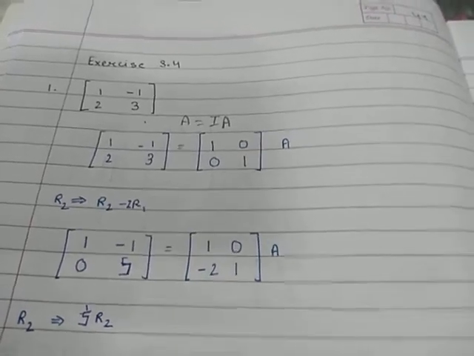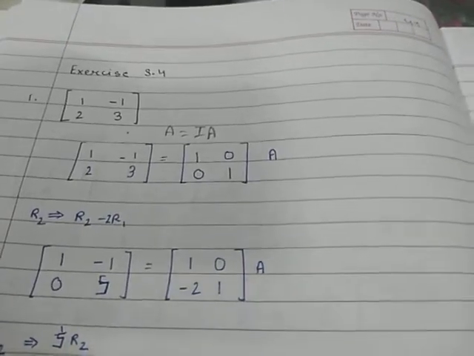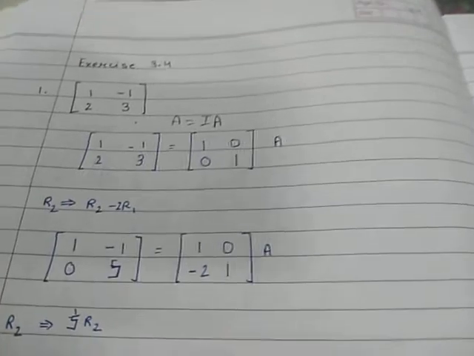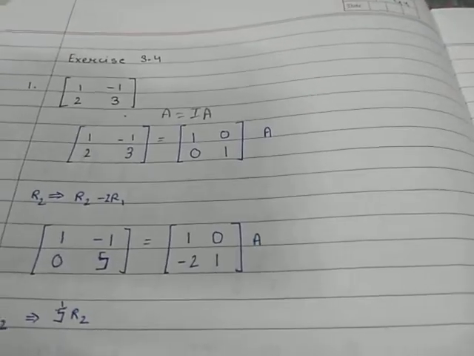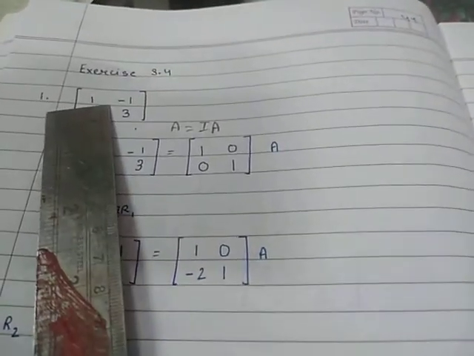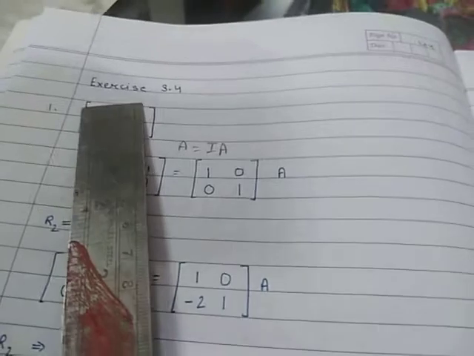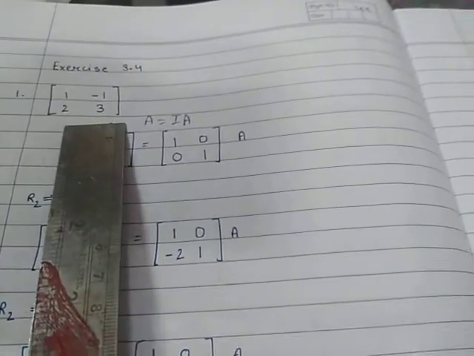Now I am going to explain the first question, how to find the inverse of a matrix. The matrix given here is A, which is [1 -1; 2 3]. You can do any one operation, column operation or row operation, it's your wish. But if it is given in the question that by using ERT, then you have to do only row operation. Now here, row operation is used.